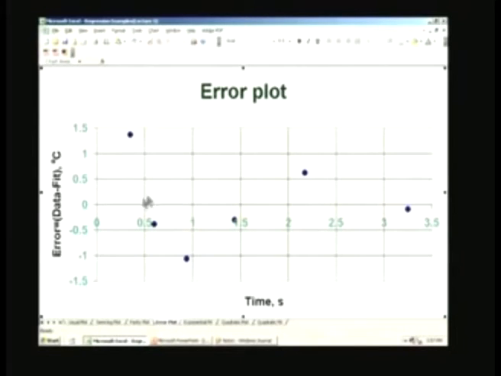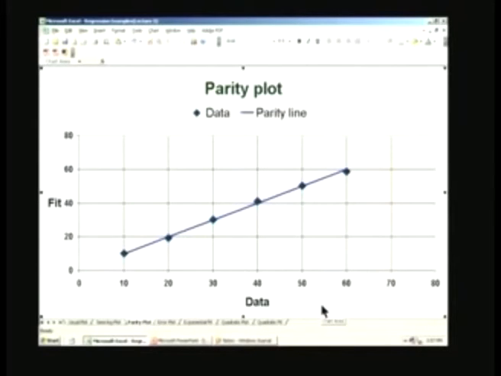And you will also see that the closer these points are to this 0 line, the better is the fit. Indeed, we can see that they are lying very close to the line, the maximum being about 1.5 and the minimum being about minus 1.1 or something like that. So, the error is between plus or minus 1.5, we can say that. And in fact, I can make one more plot which also gives me an indication of whether the fit is good or bad. What is this line?